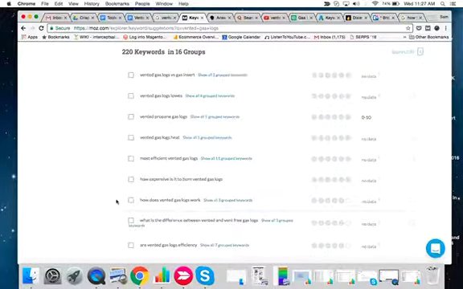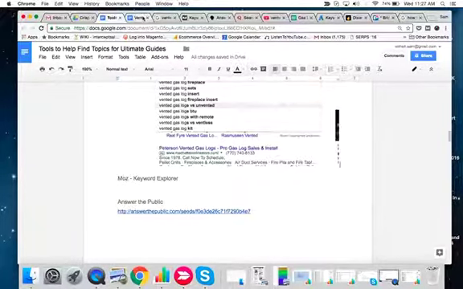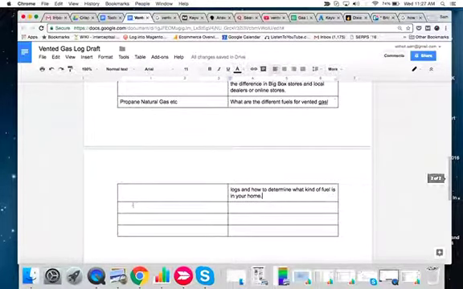How do vented gas logs work. So a number of things that we can explore on here. I'm going to add this to this real quick. How do vented